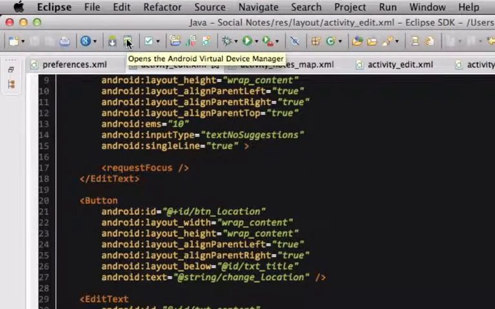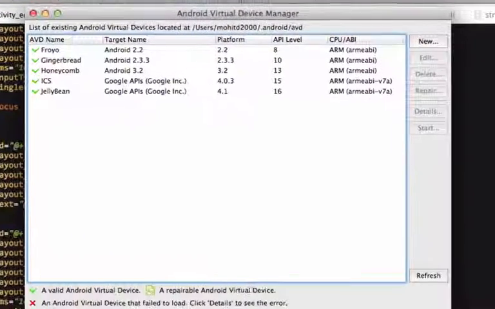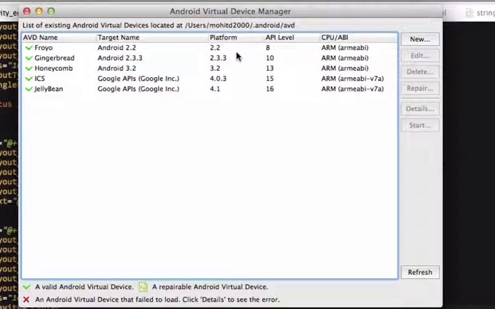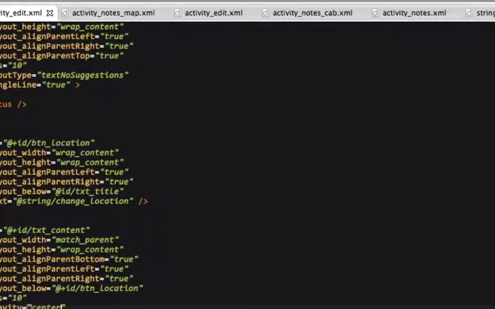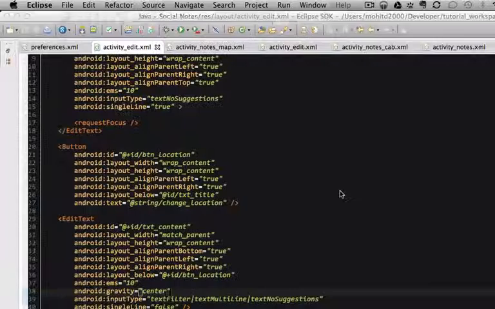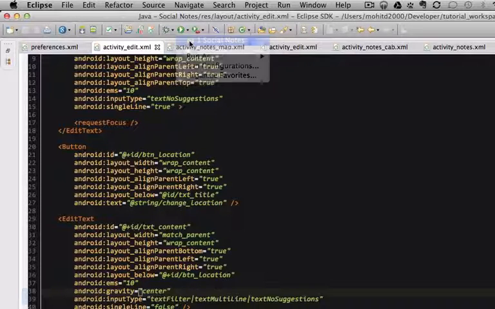And what you do to start an emulator is you go up to here. You can see I have an emulator for each platform since 2.2. Click on New, and then follow the instructions, and you'll have your own emulator up. And one important thing to note is always be sure to test your application on a real device, not just the emulator. Alright, you can see I already have an emulator open right here. So let's save this, and then if you click on this run right here,